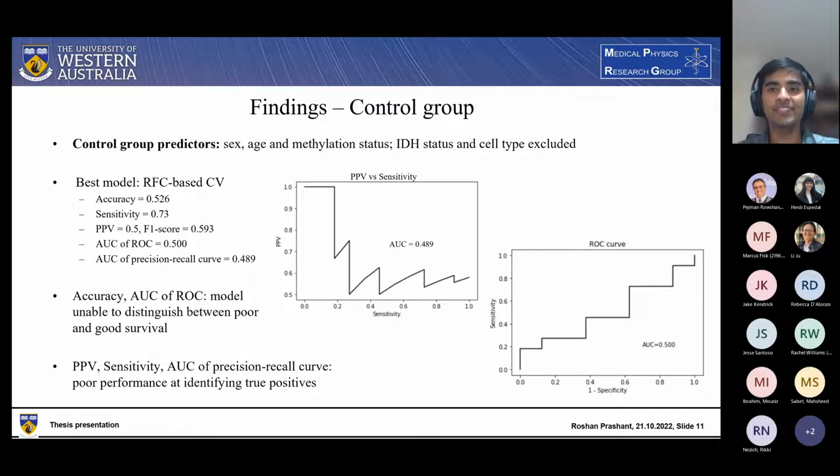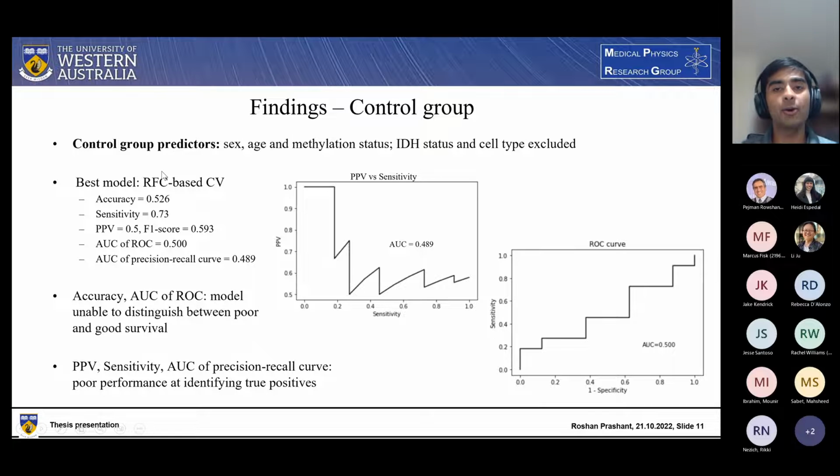Now, all of the models in parts A, B, and C were compared to a control group. The predictors used for the control group were the sex of the patient, age, and methylation status. The IDH status and cell type of the cancers had to be excluded due to insufficient heterogeneity in the data. So the best performing model obtained from the control data set was a cross-validation that implemented a random